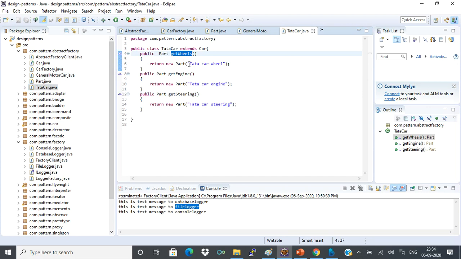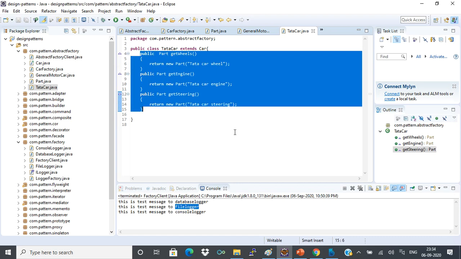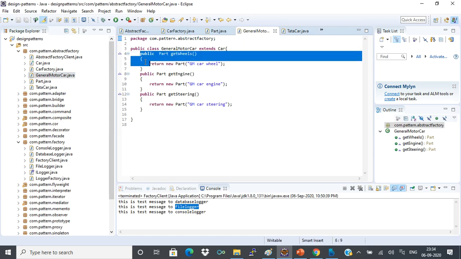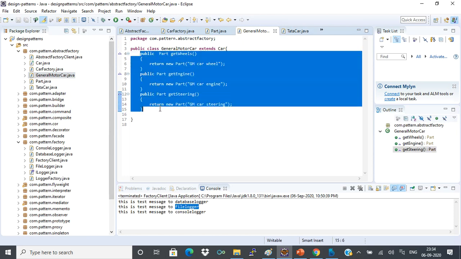Wheels is one part, engine is one part, steering is one part. I'm creating and returning the parts of this Tata car, and each part is again an object. Similarly for the General Motor car, I'm returning the parts of that object.